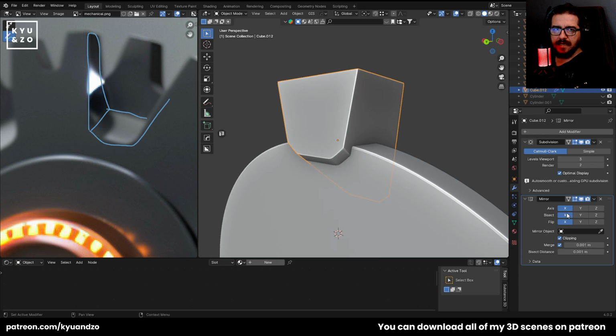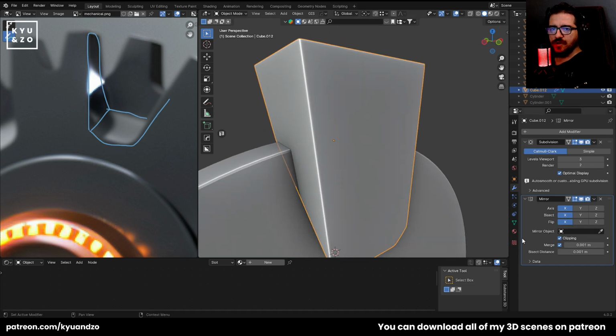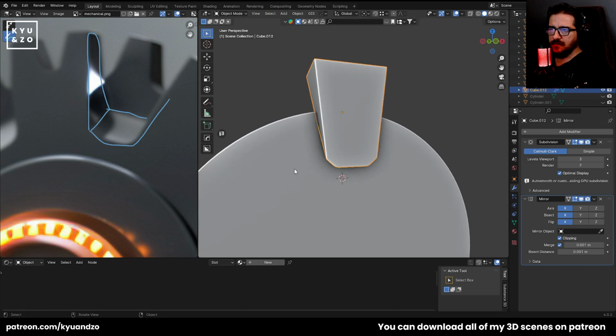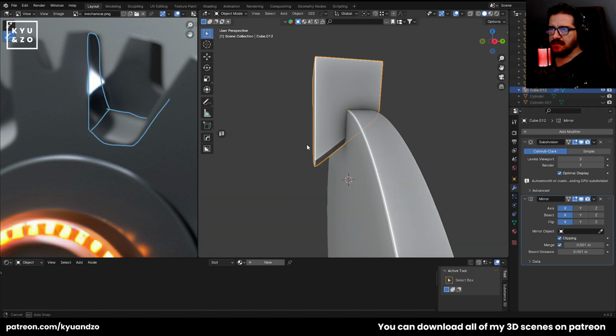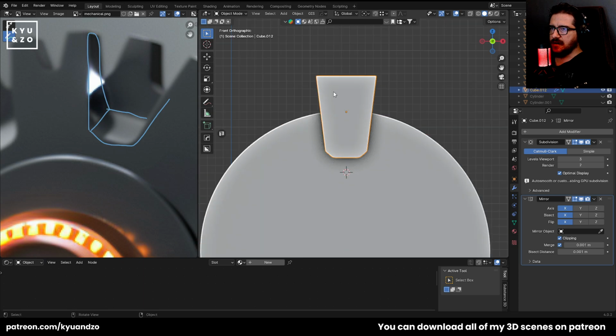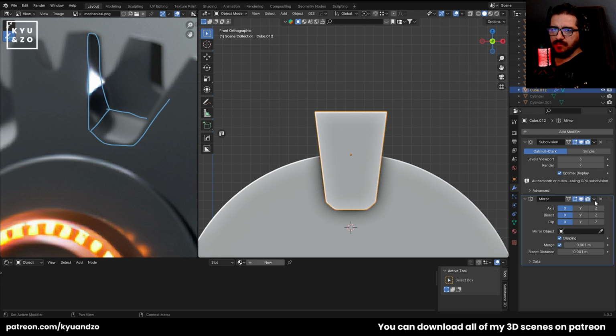Now, if you don't bisect this, it's gonna look like the shape here. We don't want that. And yeah, we fixed it. So whenever you have a problem and it's not looking fine, just try to activate this and you can find a better solution. Okay, that's it. Now everything is fine, and yeah, I can apply,